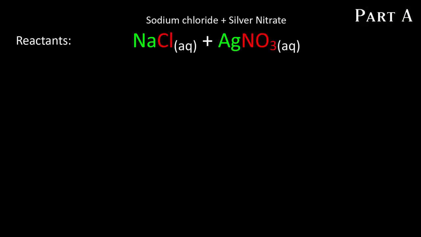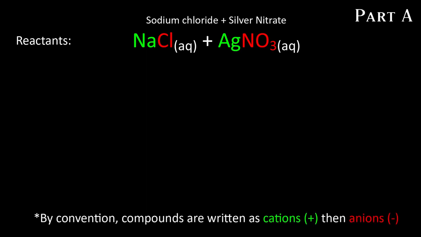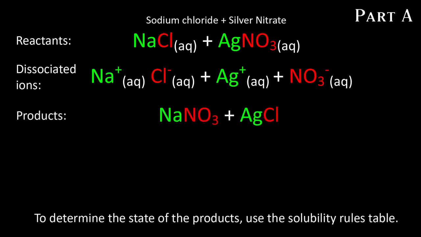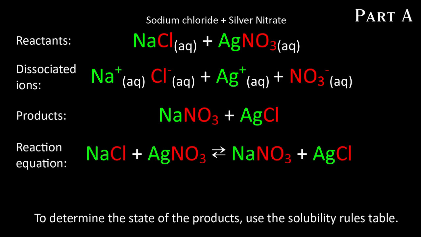Looking at the reaction between sodium chloride and silver nitrate, we can first look at the reactants. Then, sticking them into solution, we can dissociate them into their constituent ions. Once that's done, we can rearrange them and recombine according to charge, remembering that opposites attract. Then finally, if we have our product species, we can use the solubility rules table to determine whether or not